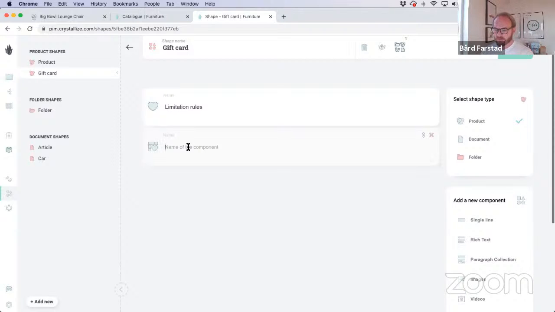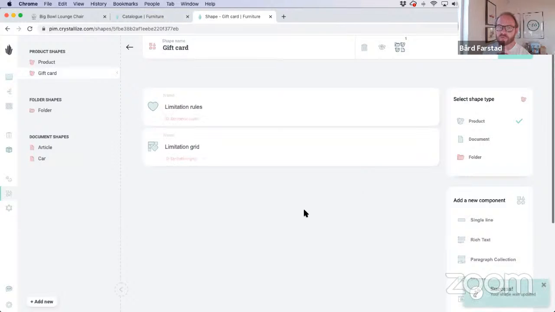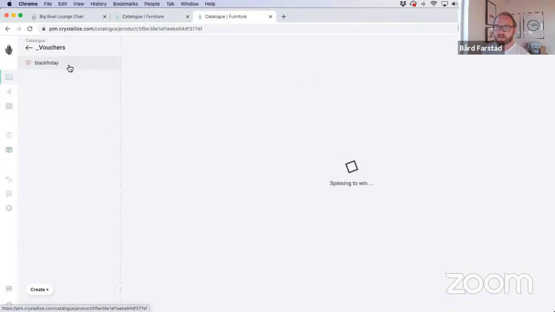So I'm adding a component which is a grid relation, and I'll just call it limitation grid, just to have some names on it. So I've now extended the shape with 2 components, and this is on the information architecture or the rule set side. So if I go back now to my voucher,